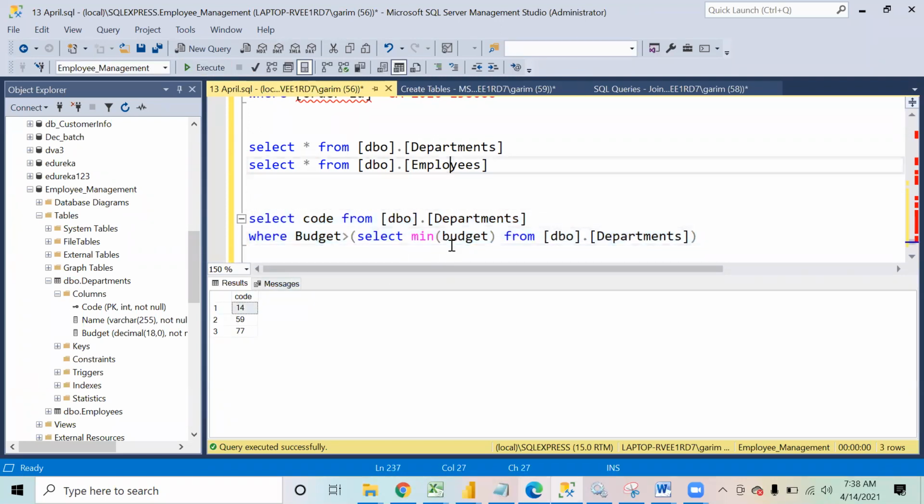So basically there are a couple of, where budget is, no, there is something wrong that we have done. Because it is now giving me all the departments, and the idea is I have to pick up only the second one. One second, let me go into this.